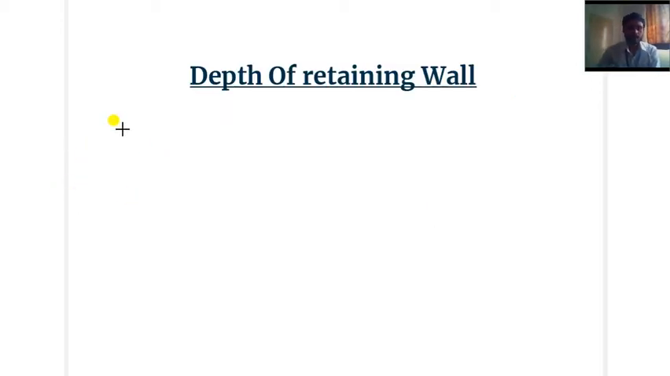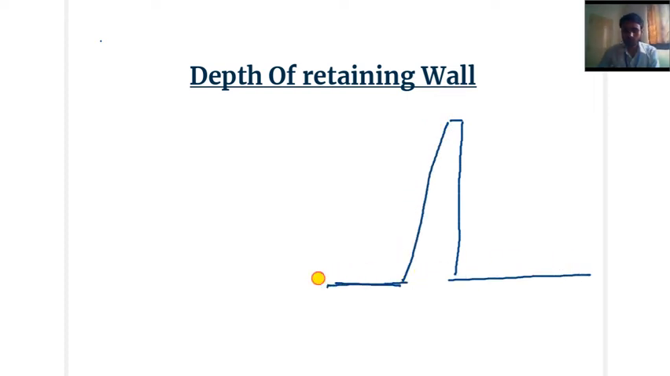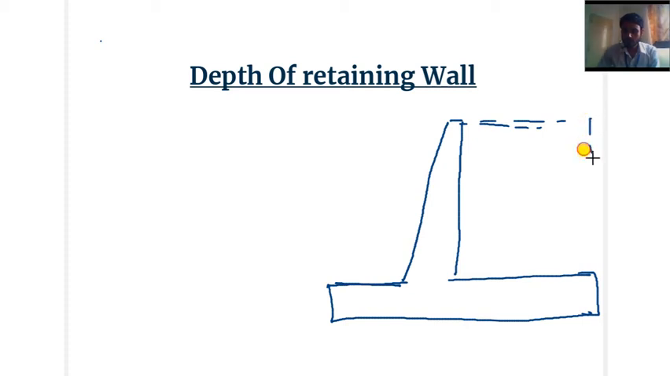First of all, the depth of the retaining wall. Before we start designing, we have to set the various dimensions of the retaining wall. Suppose we have a cantilever retaining wall here. Here we have filled the back soil. That is the original ground level. So that is a height